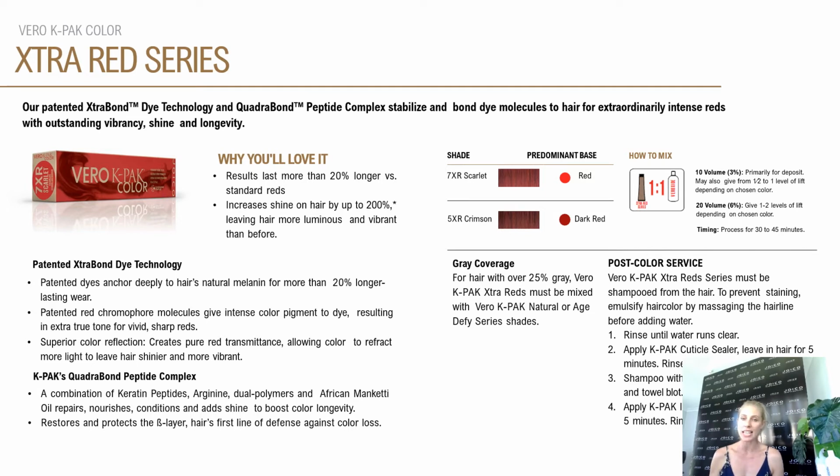So with these colors, they are mixed 1:1 with either 10 volume or 20 volume, depending on the intensity of the results that you're trying to achieve. 20 volume will obviously give you more lift and give you more vibrancy. Your processing time for these is 30 to 45 minutes, but when you're using these on grey clients, anyone that is over 25% or more grey, we do need to add natural into the mix just to make sure that we're anchoring that color in and we're giving the color a little bit of base